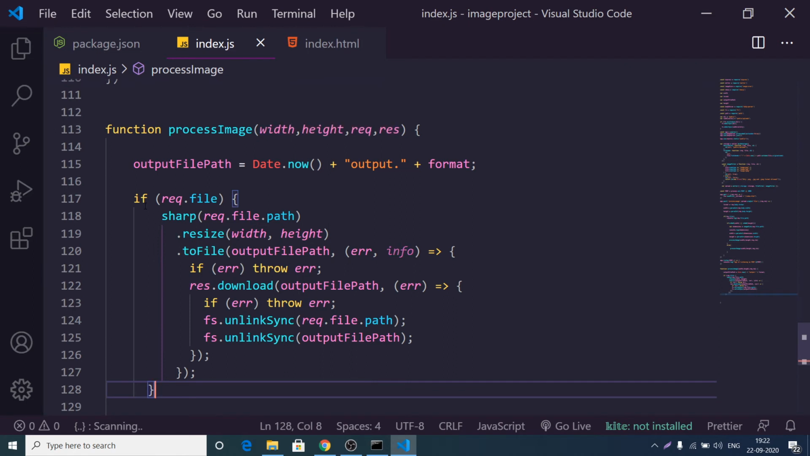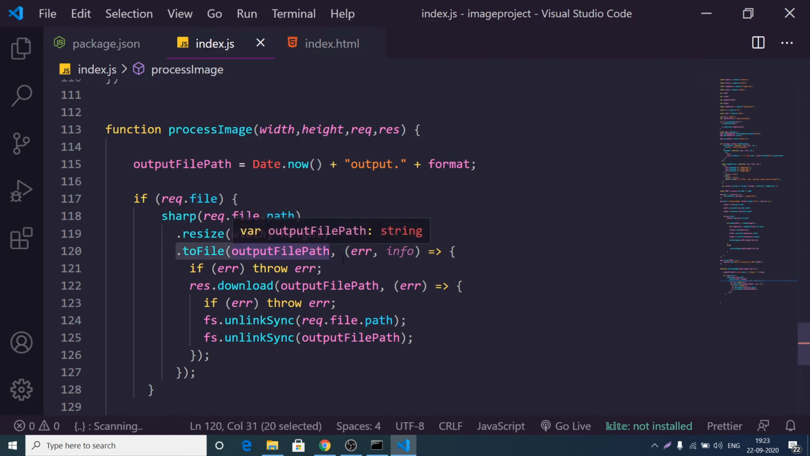You can see inside this if condition, if the file exists, then we will use this sharp library, and we will pass the path of the file, request.file.path, and there is a resize function inside this. We will pass the width and the height to resize the image, and for converting this image to this format, we will use this toFile method inside the sharp library. This returns a callback function having error and info. We will check if an error takes place, throw that error. If the error doesn't exist, then simply download the image using Express with response.download, and here we will provide the